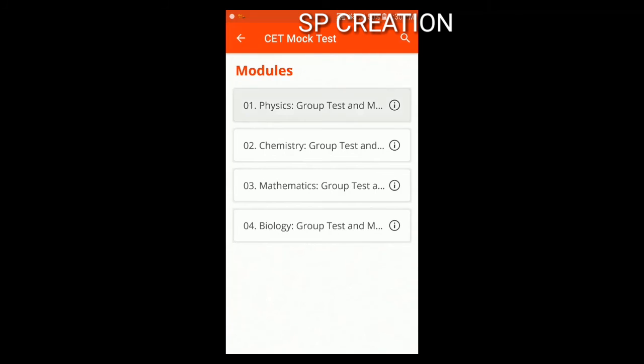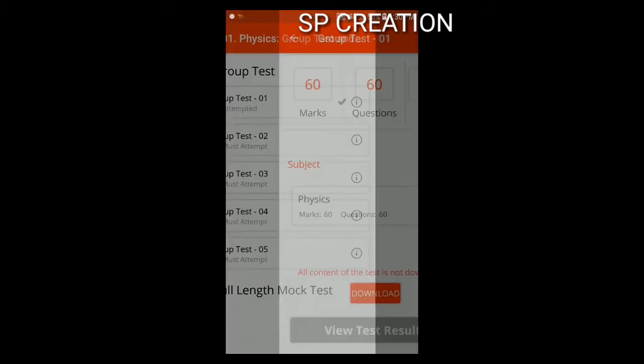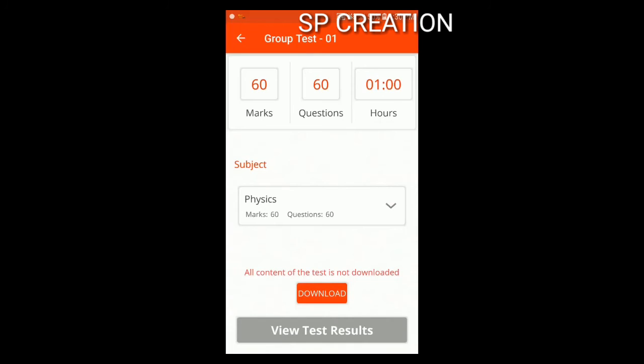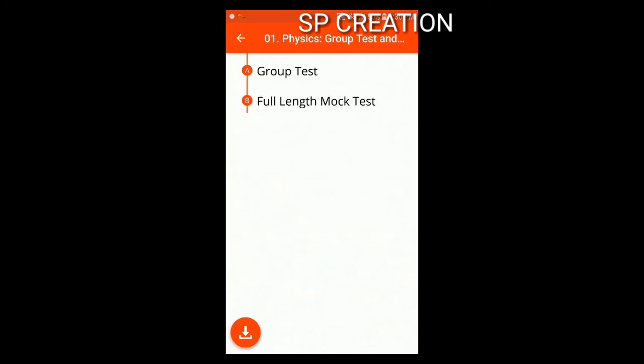These group tests are tests based on a couple of chapters put together. 4 or 5 chapters are clubbed together, and 60 questions are given under each test. For example, you notice that the screen shows 60 marks, 60 questions, and 1 hour. Likewise, group test 2, group test 3, 4, 5. So each of these tests is based on cluster of chapters.